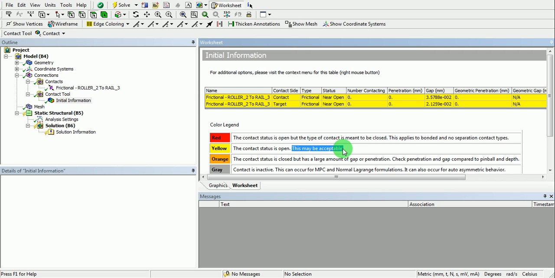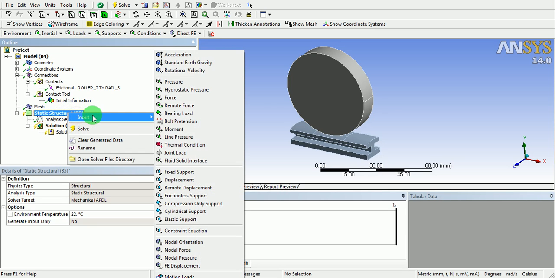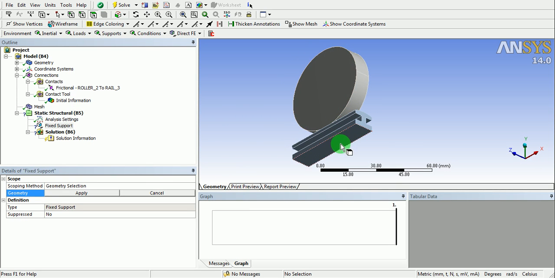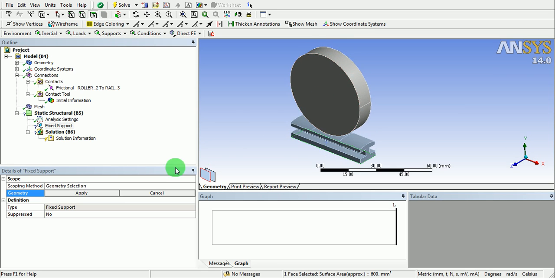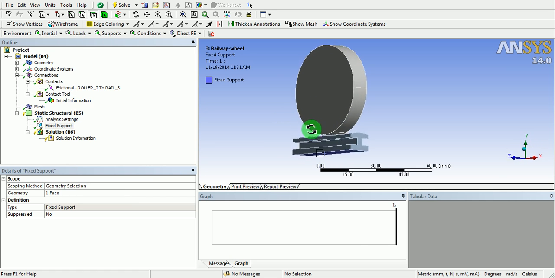Now, define the necessary boundary conditions. Load. Pick on the static structural here, right click, insert, pick on the fixed support. The base of the rail is going to be fixed. Ensure that the face selection is active and pick on this face. Select apply. This face will not be translated in any direction, or rotated in any